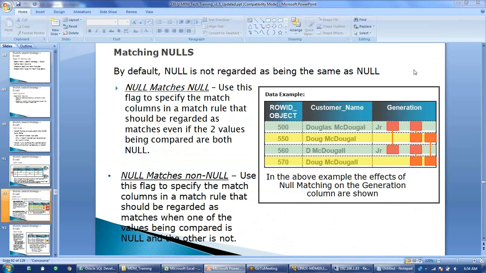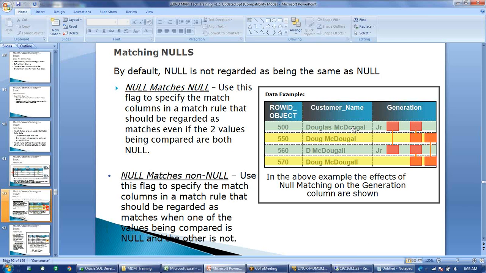So if you just see this scenario, we have these records. There are 4 records, where we have customer name and generation. Suppose the customer name is a fuzzy column which we have taken and generation is an exact column.